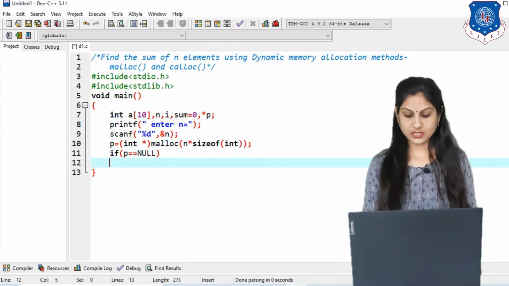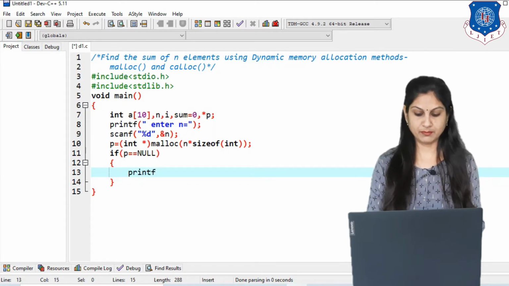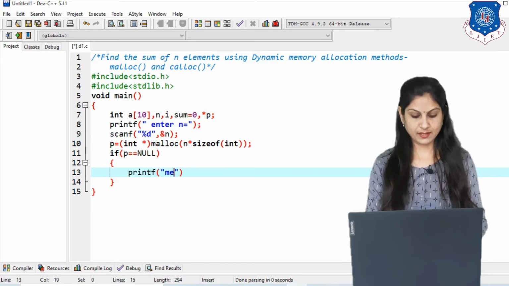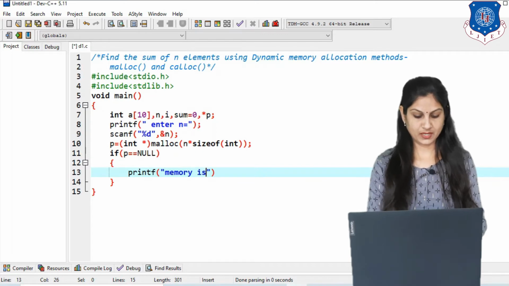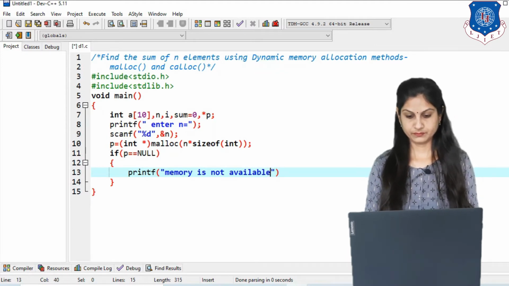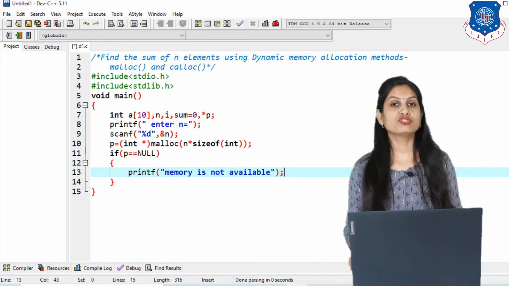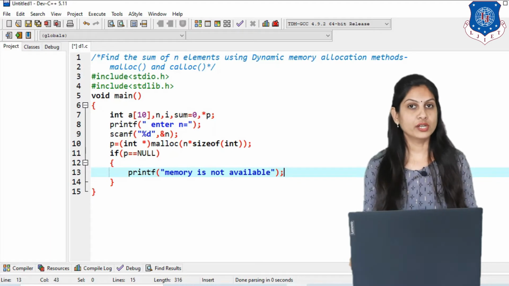When this condition is true, in printf we write "memory is not available". This concept is to check whether the memory is available or not.